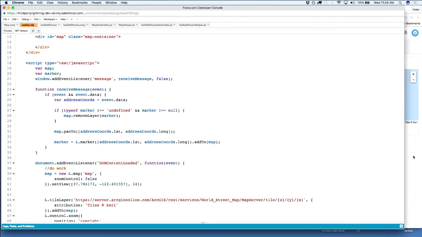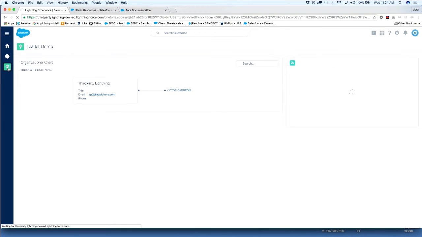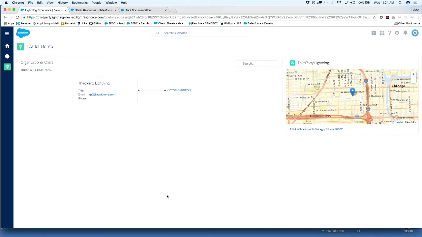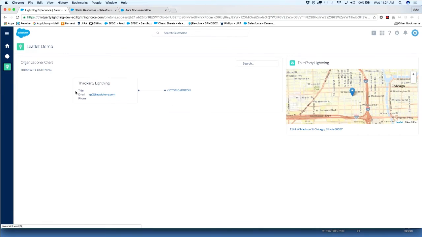So to see it in action, this is the Leaflet component with the iframe. It doesn't look any different. You can't even tell that it's really in an iframe, except for the fact that when you click around, you actually see panning happening. So what's happening is the message coming from this left component is able to send an event to the component on the right, which could then propagate it to an iframe and leverage any JavaScript that's running inside of that iframe. You open up a lot of